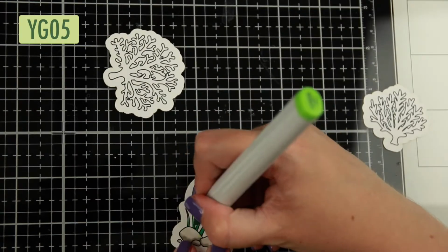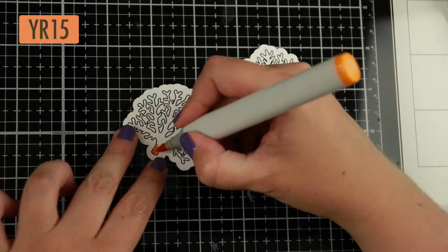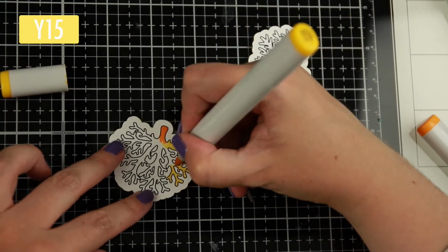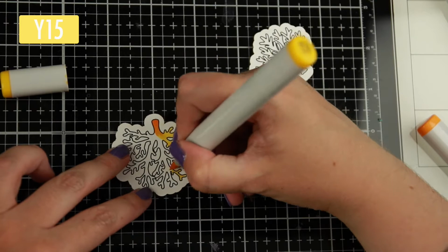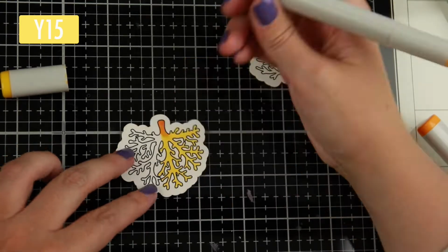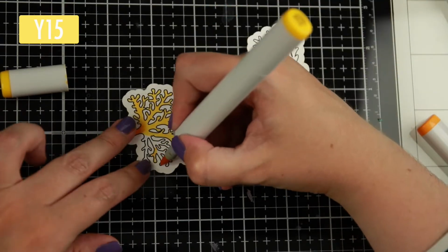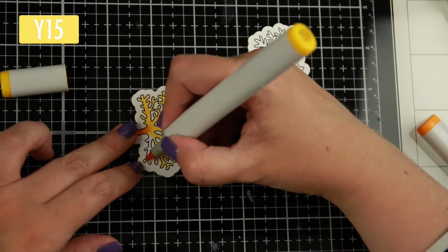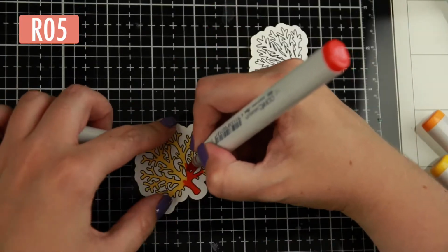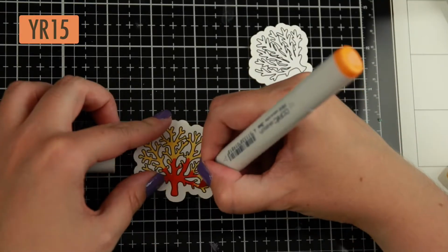For the little corals, I'm using some oranges. Coral is usually some coral reds, but I wanted to go with green and orange. I really like that combination. So I'm using Y15, which looks like a light yellow orange, but it is a yellow, and then I'm using some YR15, which is the orange, and then you have the red that I'm using, which is an R05, which has